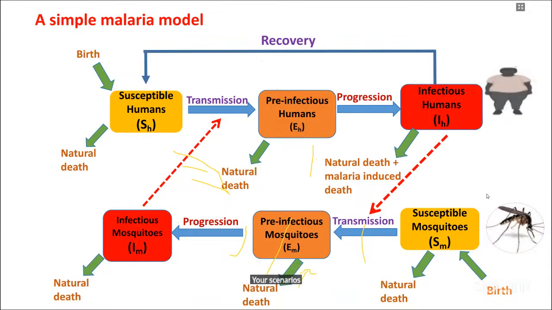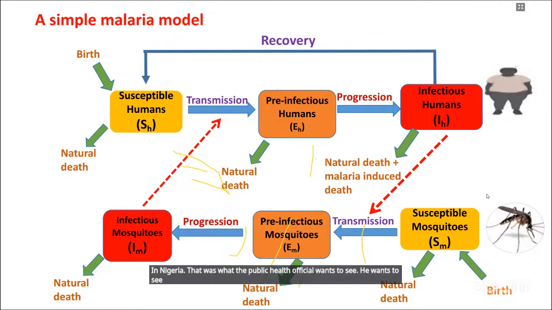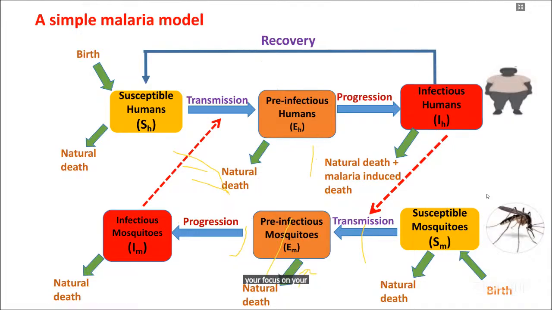You are now saying, okay, we have introduced airline into our model. We're able to quantify how airline has been able to reduce malaria cases in Nigeria. That is what the public health official wants to see. He wants to see those quantitative results. So depending on your focus, on your direction, just like Prof mentioned,